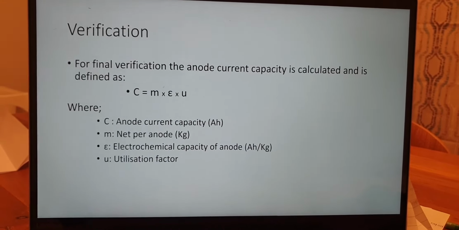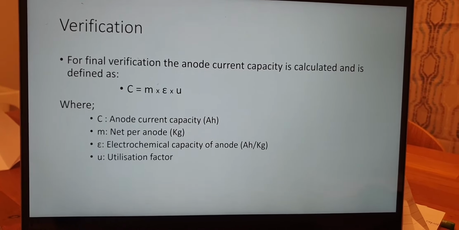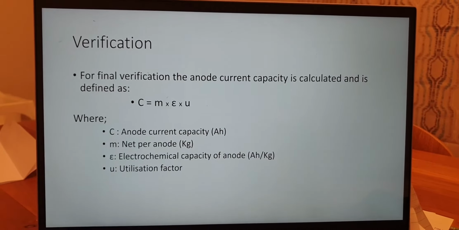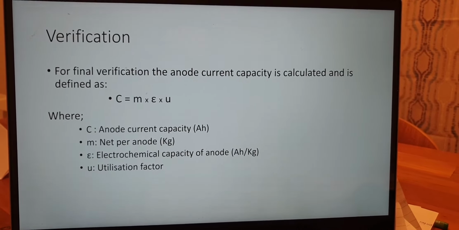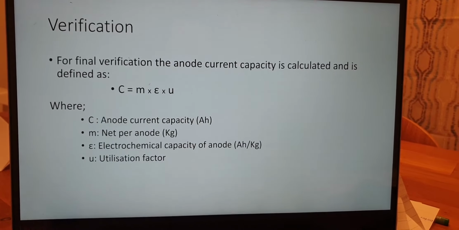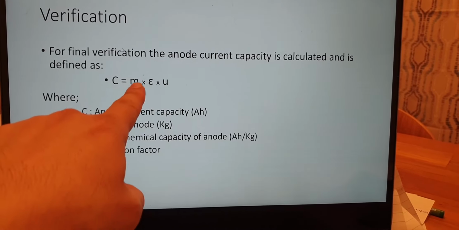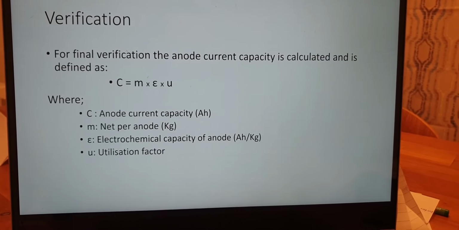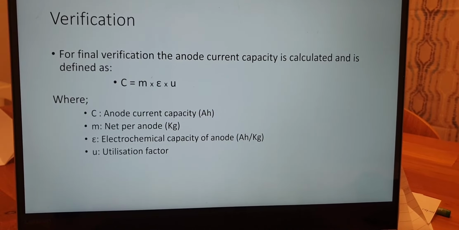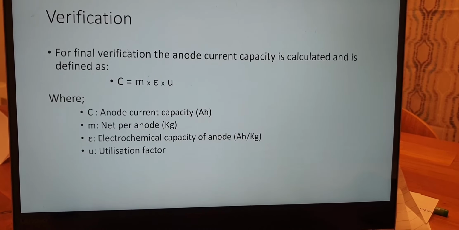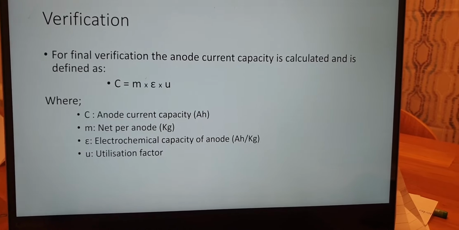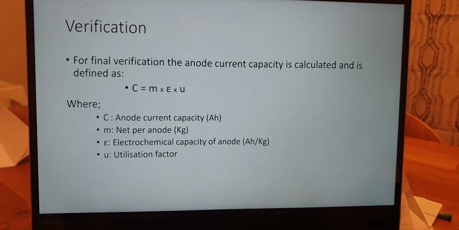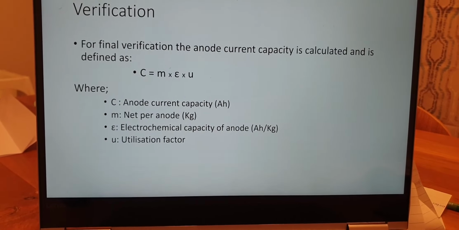After we calculate the mass, we calculate the resistance, the output current, and the corresponding current demand, then we come to the verification. The anode current capacity is defined by that equation. We have the anode current capacity, the net mass per anode, the electrochemical capacity of the anode, and the utilization factor. We calculate that, and then we need to compare that value